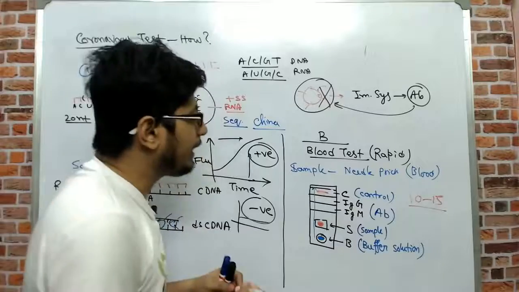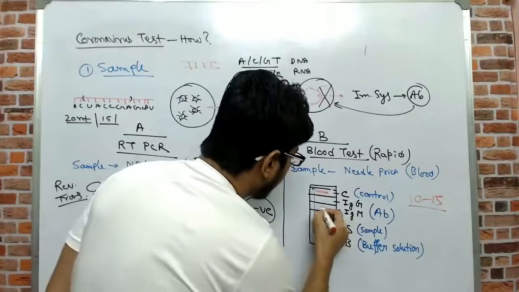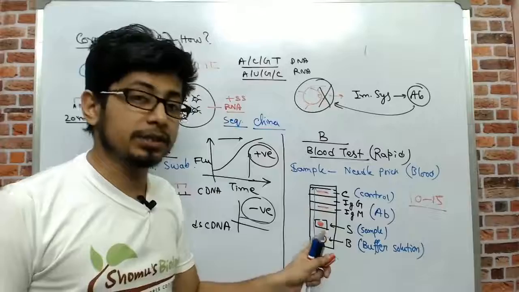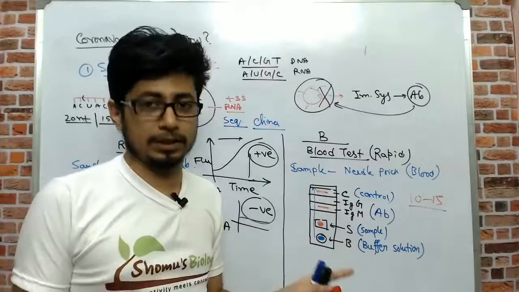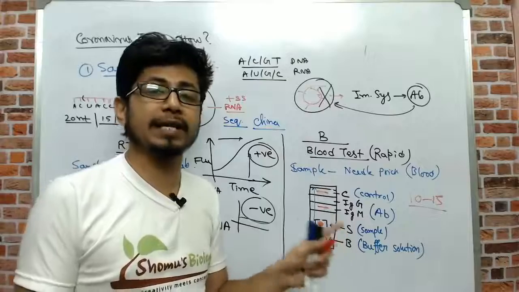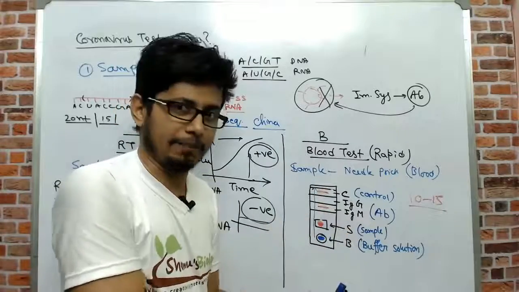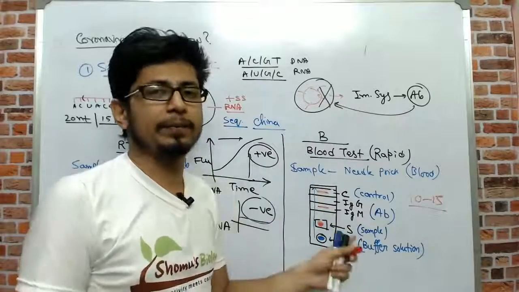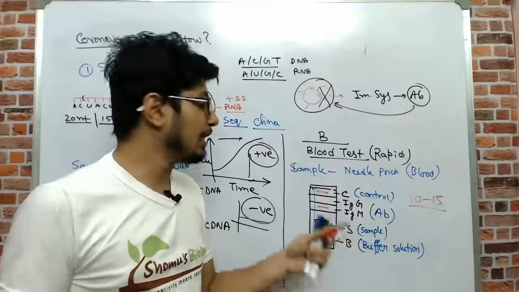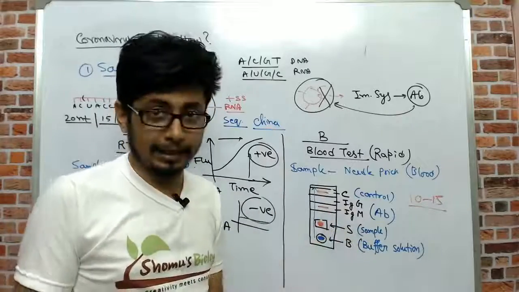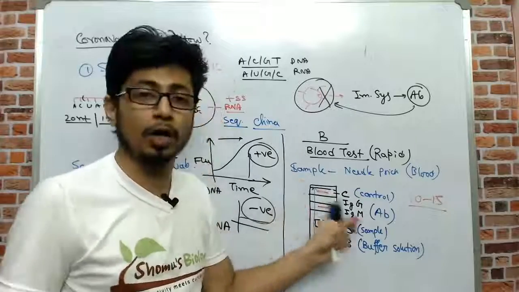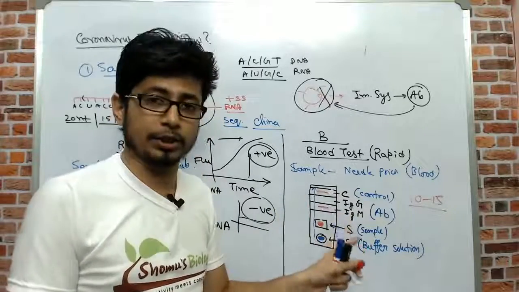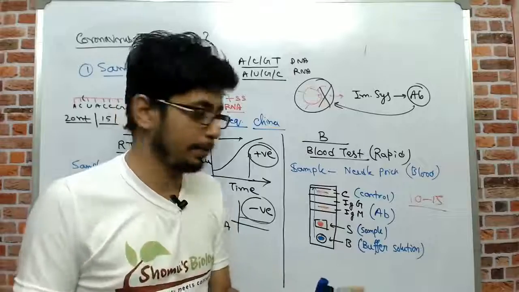Now if you find IgM along with control, that means you are positive for corona, and you are infected with this virus for the first time, probably in very recent times. Within 1 or 2 weeks you have been infected, or it may prove that the infection is going on currently in your body. So you must self-quarantine and go to a hospital in isolation in order to protect the people near you.